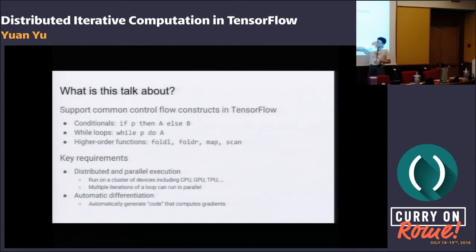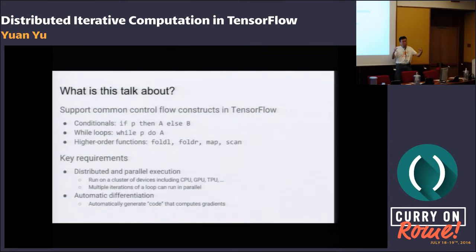There's another very challenging problem, which I'm not going to talk about in this talk: how to do automatic differentiation, that is, how to compute gradients for these control flow constructs. The basic idea is to do a lot of program generation. We take the control flow constructs and automatically generate a program that does the gradient computation.